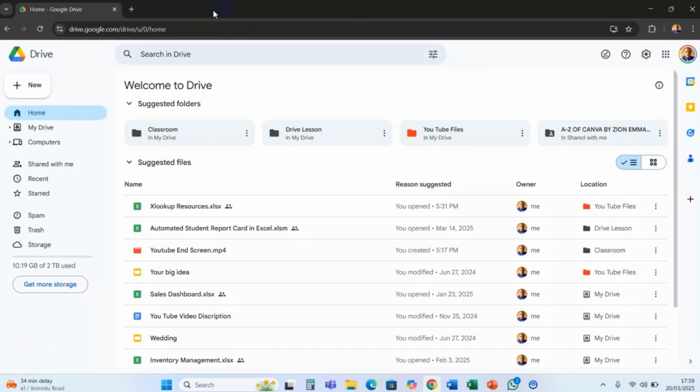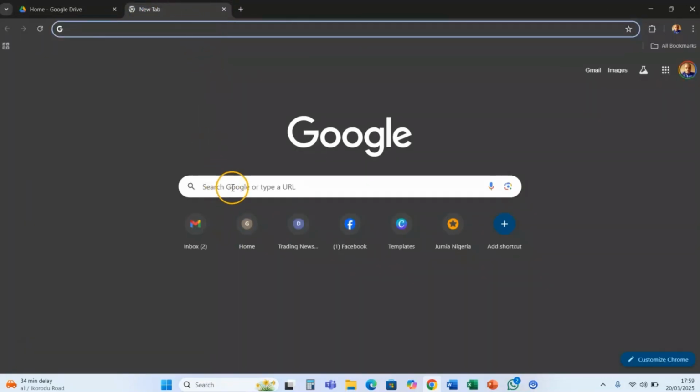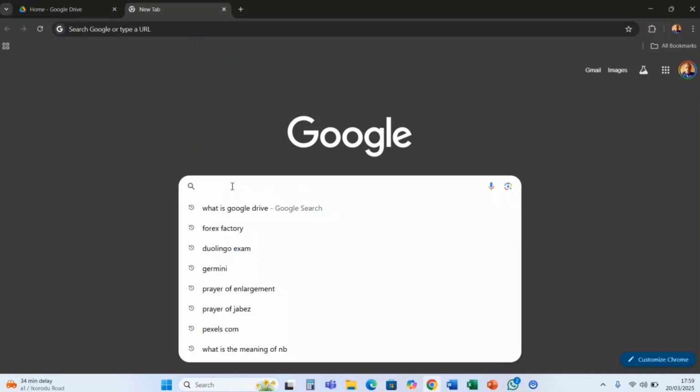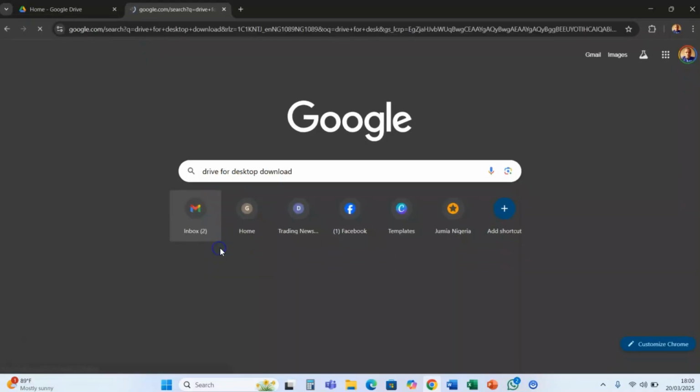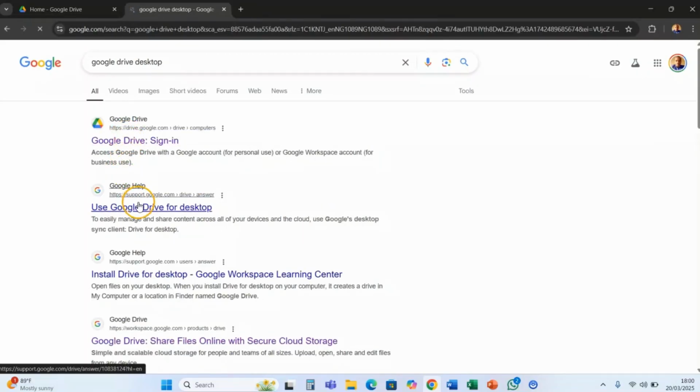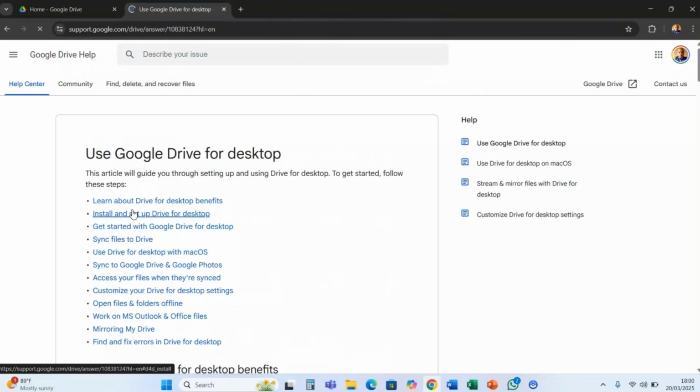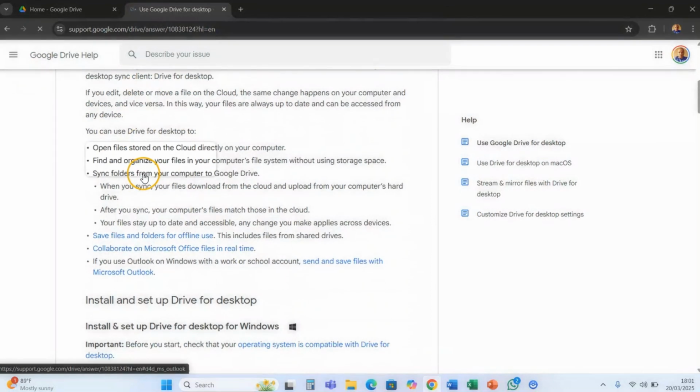Now, the first thing we have to do is download a desktop version of Google Drive. So let's search for Drive for desktop. Yeah, this is it.